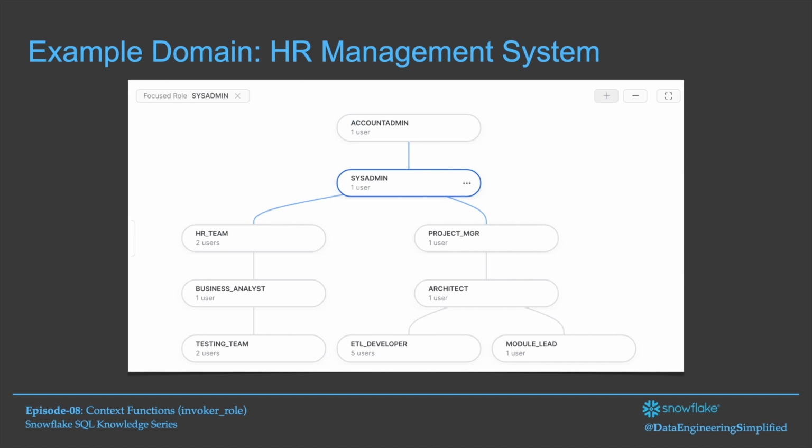Each of them has different privileges to the employee table because the employee table holds sensitive information. The HR team does not want the development team to have visibility to this sensitive data set, and that's why they have applied the masking policy. Let's understand how the invoker role as well as current role really play an important role while applying the masking policy on those sensitive fields in the table.